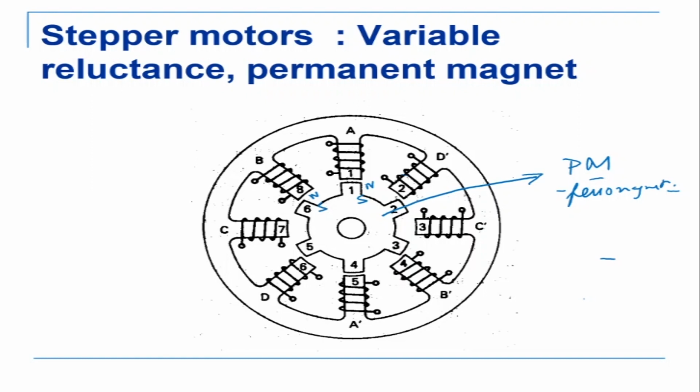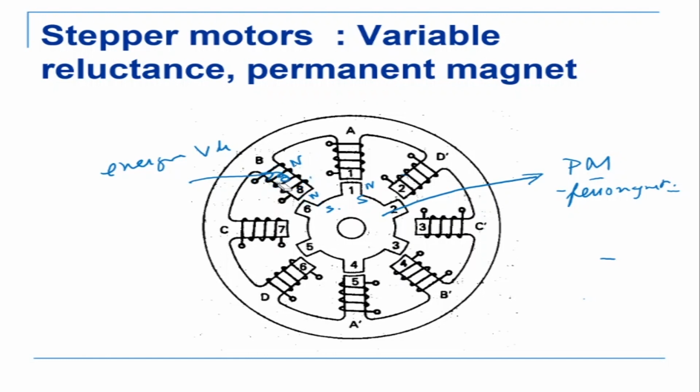Suppose I actuate this pole, I energize. So if you energize, that means you give a voltage to this pole. What would happen is I'm giving a voltage to this coil. Now a current is going to pass through that, so it is going to induce a magnetic field. Now this one already has a north and south, so this induced magnetic field is north and south. What will happen is this north will be attracted to that south.